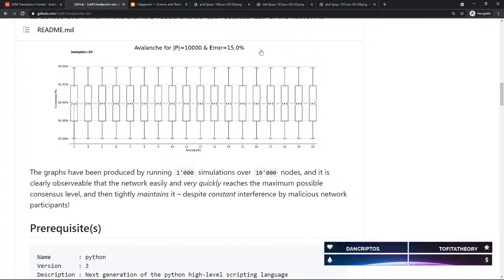And the other point I want to bring out is you've put 15% error, which means 15% of nodes were just randomly not cooperating. They just weren't cooperating, which is more of a crash fault tolerant way of doing things. You're not actually having people try and manipulate the network to their favor. It's not a Byzantine fault tolerance simulation. What did you say? Crash fault tolerant. Crash fault tolerance simulation. In the simulations, I don't always simulate the same nodes to be faulty. I just randomly jump around. So I also do that, or the other way around.